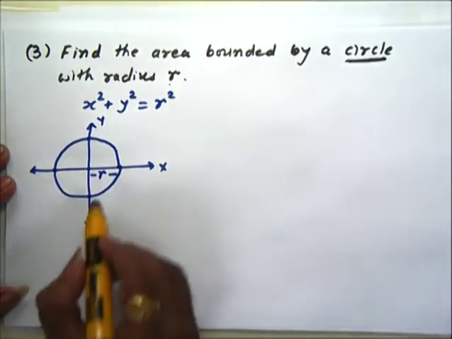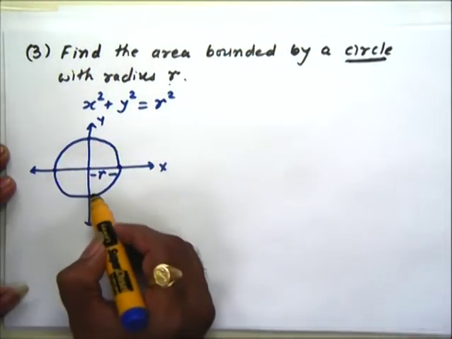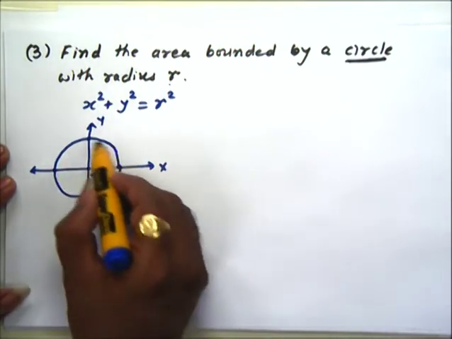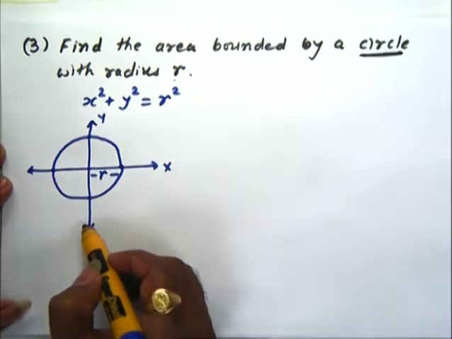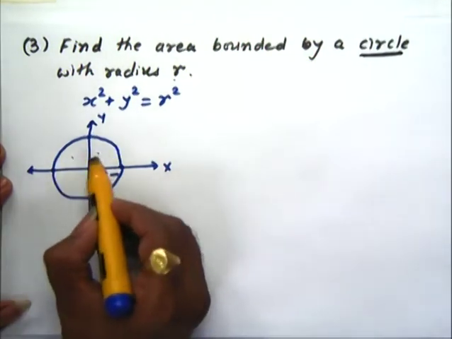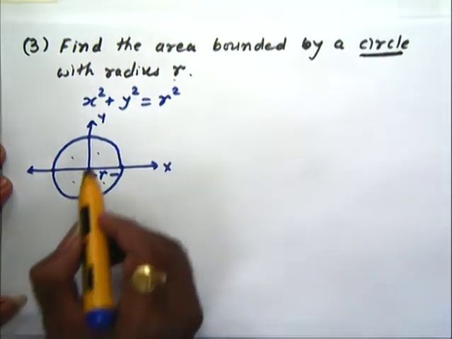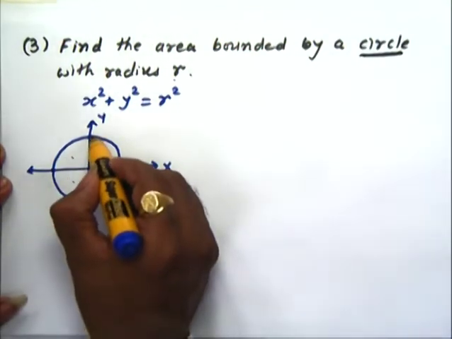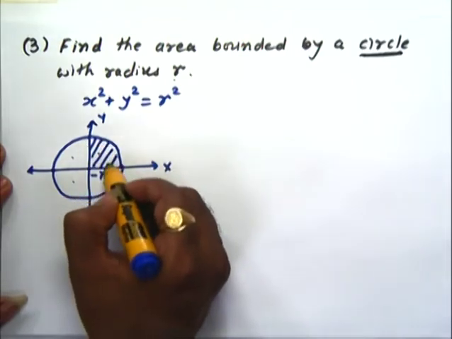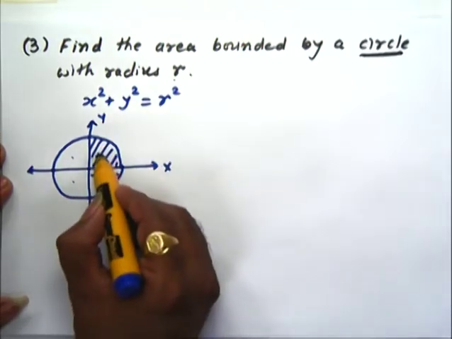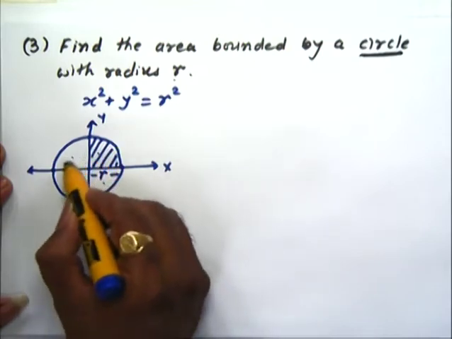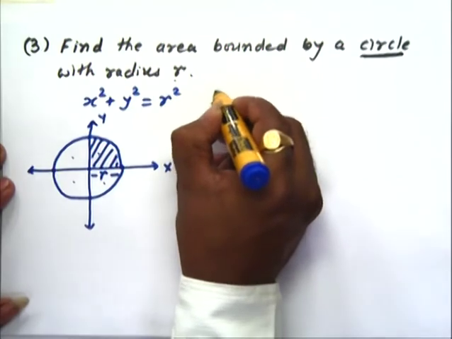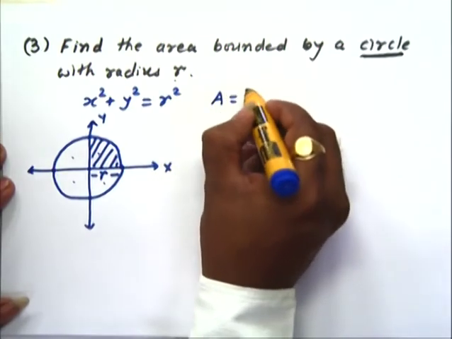Okay, now we want to find the area of this circle. See, this circle is symmetric about the x axis and y axis both. So the areas of all these 4 parts are equal. So we don't need to find the area of the whole circle. We will just find the area of only this part, and then we will multiply this area by 4 and we will get the whole area. So the area of the circle A equal to 4